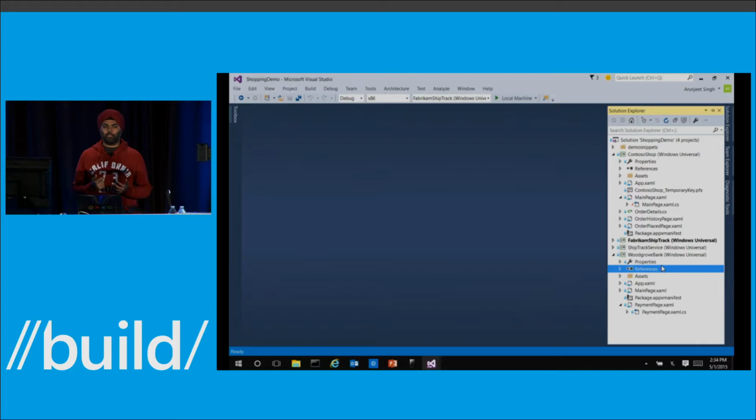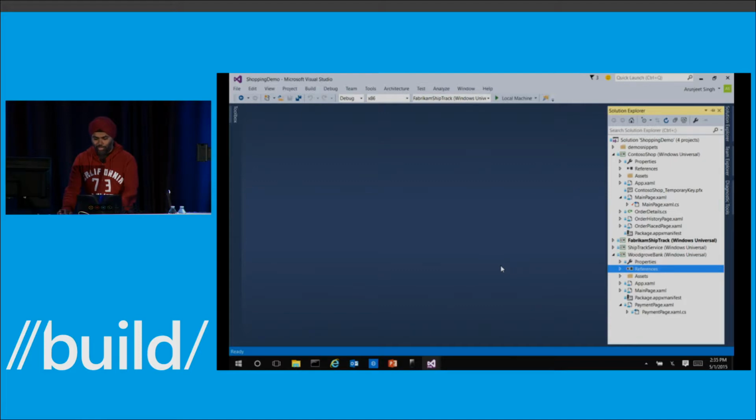And the way that works is that Fabricam has an app that presumably the user has installed on their device, and that app provides an app service which lets another app put in a tracking number and get the status of a shipping request out. Now, obviously, the user can also go directly into the Fabricam app and do that, but again, somewhat contrived scenario, but it shows off very nicely what I'm trying to say.